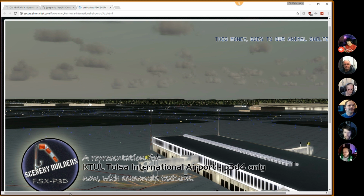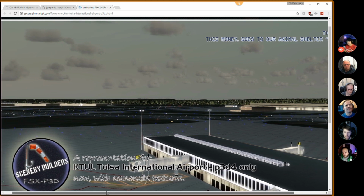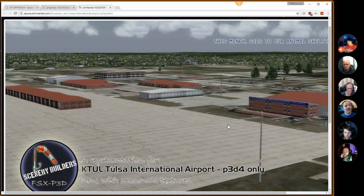Mm-hmm. So yeah, but there's no showcasing of these. Oh wow, they don't show the lighting at night either, which is a bit scary. Per, can I have your honest opinion? What do you think? They have the lighting on. Being a builder yourself, I think